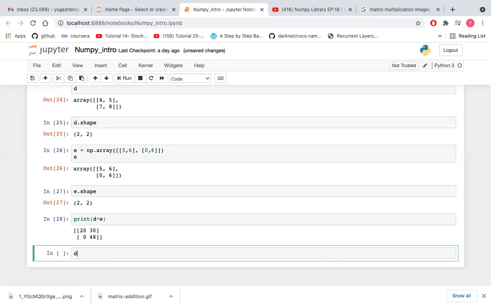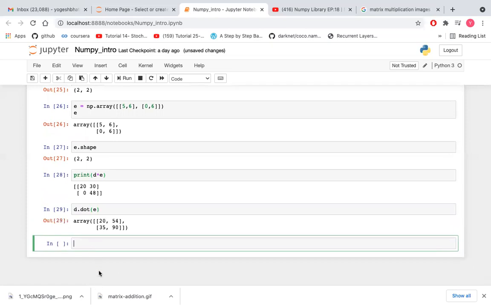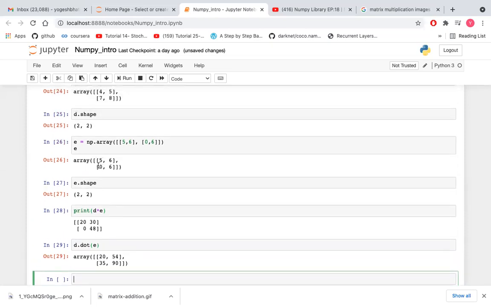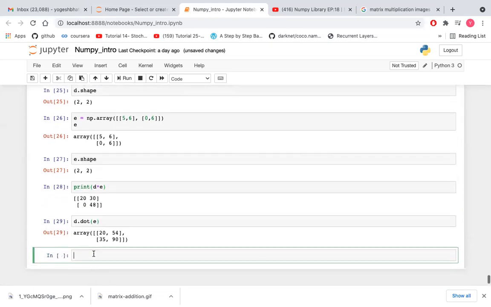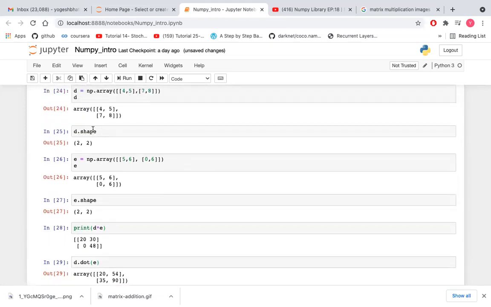We can also do it by d dot e. D asterisk e will do element wise multiplication. 4 into 5 is 20, then 30, 0 and 48.